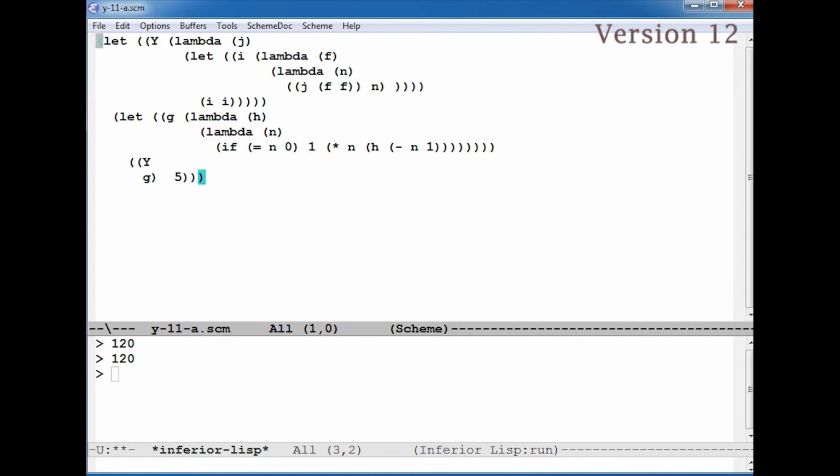So we take this step here. I bound Y to what was inside before, and it has no free name, so we could do this, and we apply Y to G